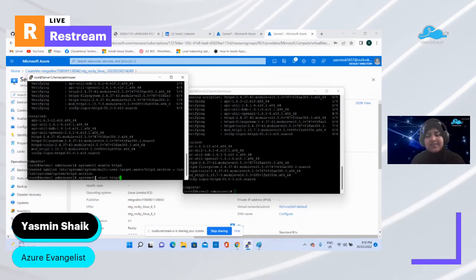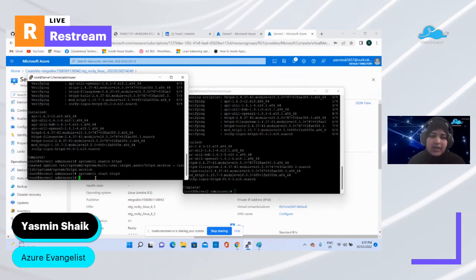httpd is used for any Red Hat Enterprise Linux distributions. So the Apache server service is named httpd here. Systemctl enable httpd will actually enable your Apache server service. In the same way, if you want to start the service, you can give systemctl start httpd. It will start your service. In the same way, I'm going to do the same in my machine 2 as well. Now in machine 2, we have our app server installed. So now I'm going to enable httpd.